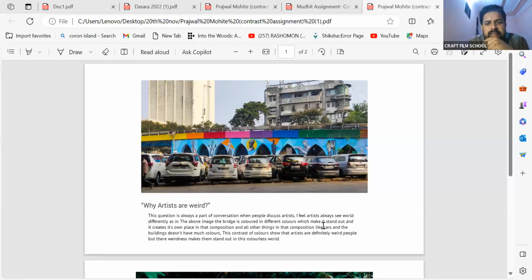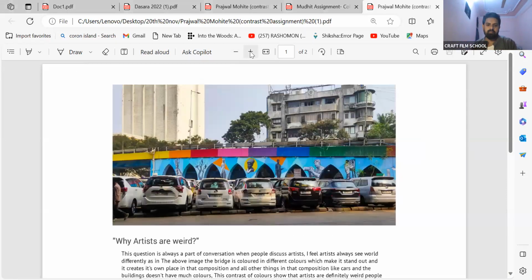Yeah, there is a contrast, but here you can choose two objects only, right? Now what happened, three things: in the foreground the car that is colorless, right? In the background also there's something colorless. Somehow there are too many colorless things. So in your screen and in your composition, more space is taken by your colorless things. That's the reason your contrast is not dominating, that color is not dominating. See it properly, it looks like a balanced image, right? Somehow if you avoid this, the lower one,